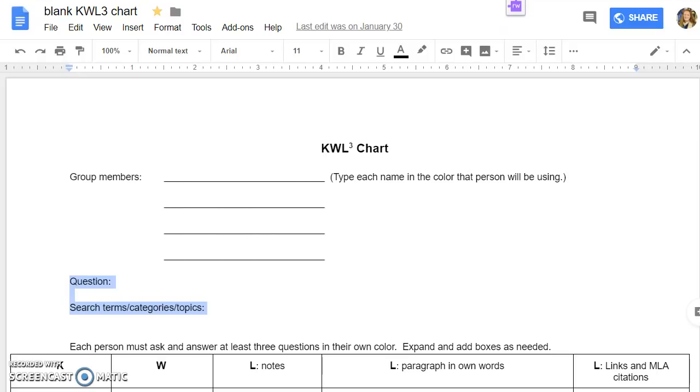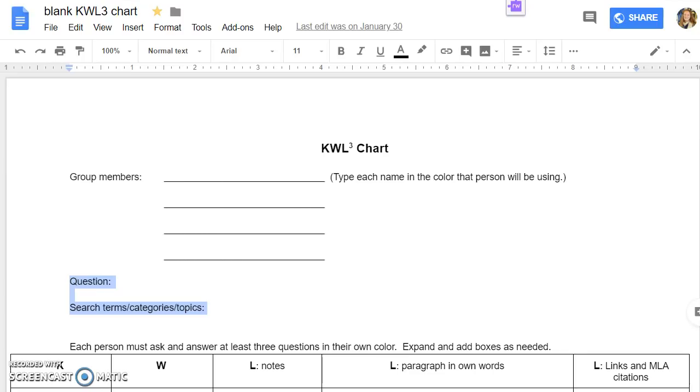research in fact. A KWL chart lets you write down what you know, that's the K, what you already know about your topic, and then what you want to know, the W, and that's questions that you need to answer. Sometimes the teacher will give you the questions or probably give you an essential question, and then you will write questions that you wonder about, that you want to know in order to be able to